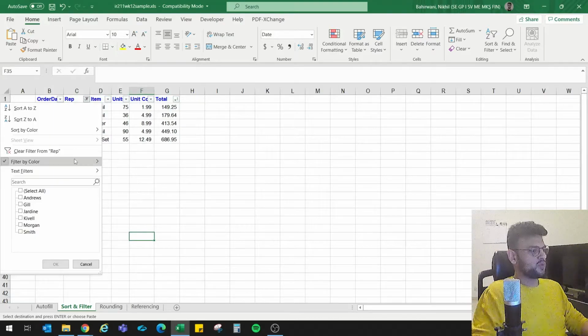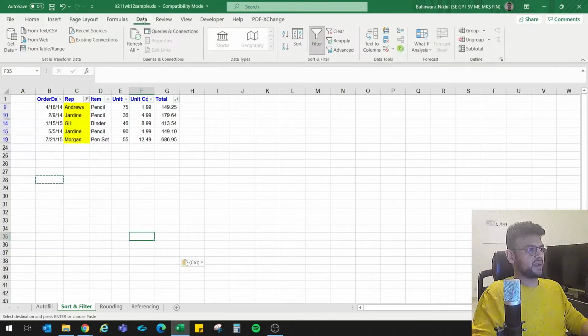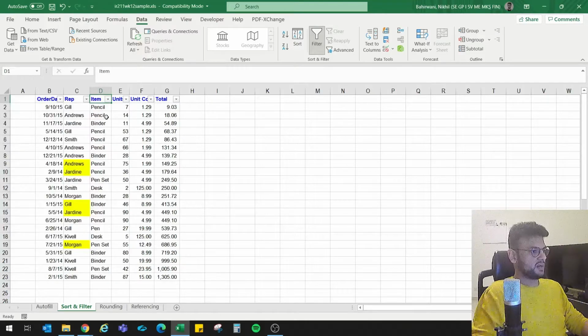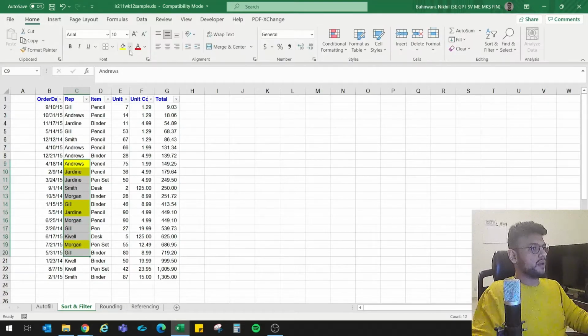I don't want to dwell into too many details, but also what would be nice, you could also obviously go to data and clear this, or you could also clear it from here, or clear filter from here. That was an option. One more thing that I like to do is, let me just clear these out. One more thing that I like to do with the filter function is